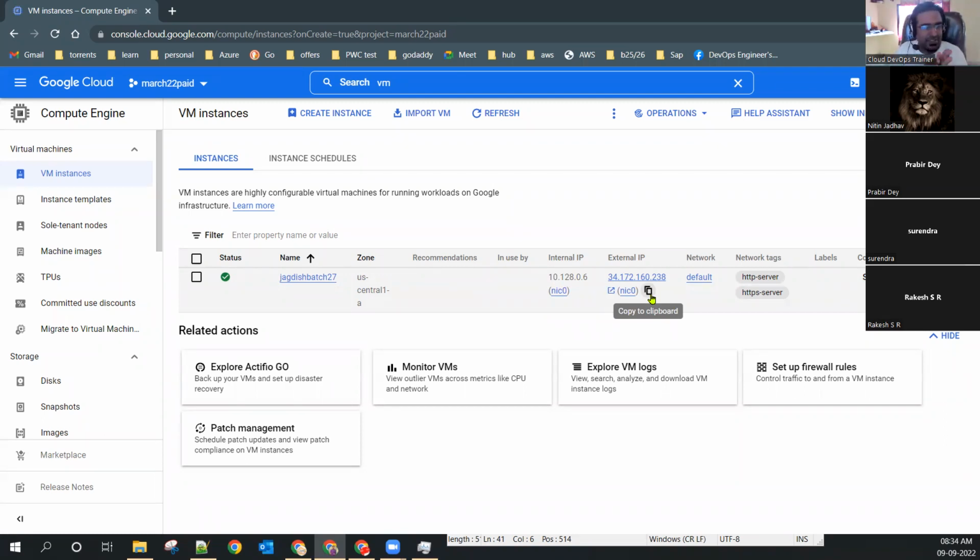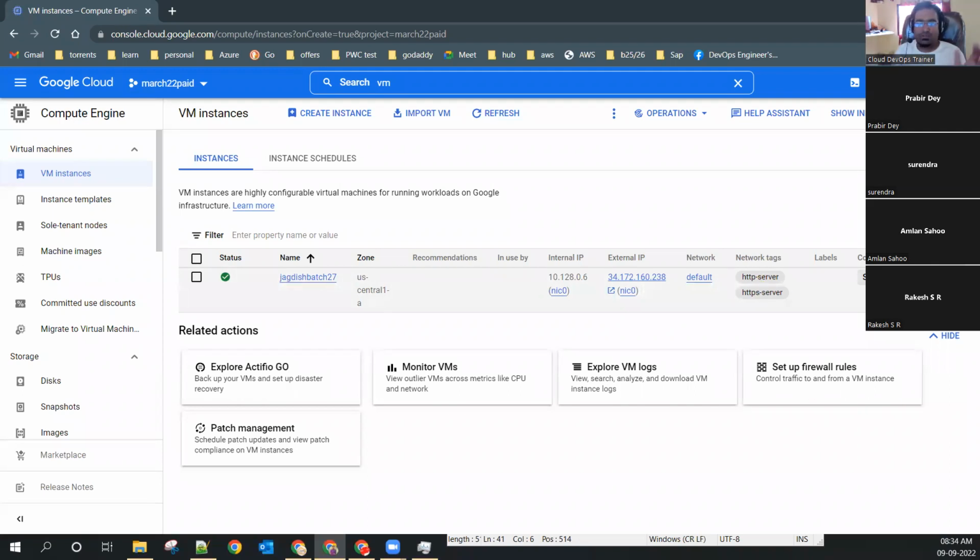Guys, give me the answer fast. What is external IP? This is not a tough question. Anyone from outside can connect. Yes, if I want to access this machine from the internet, I need an external IP. Cool, correct answer. I have an internet network, that's why HTTP or HTTPS is coming.